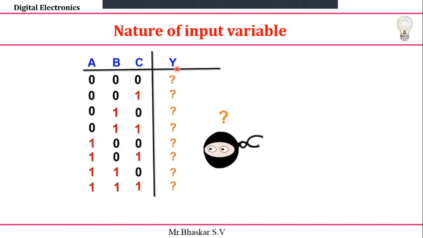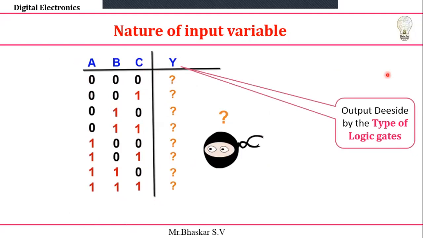So output is taken as Y. This is my decision element. So the output is decided by the decision element, that is, by the type of logic gates. So this is the truth table I'm going to write for what? Which gate I'm going to write is very important. Okay,